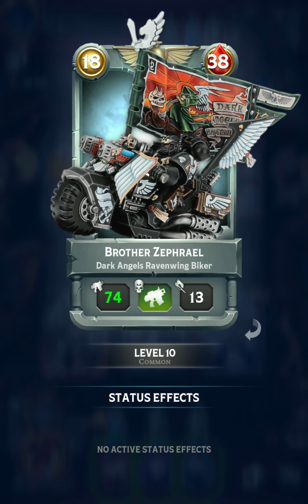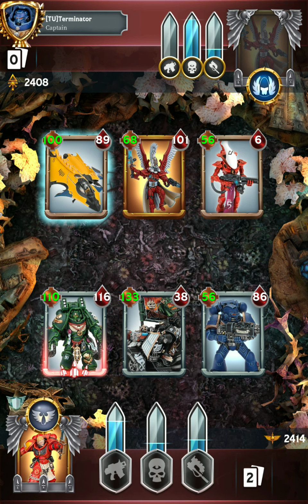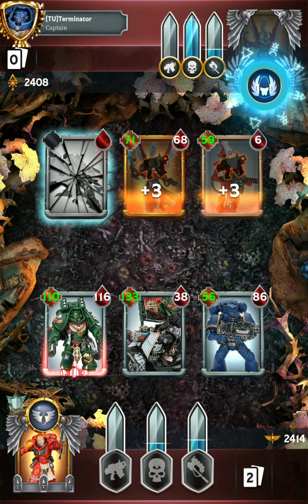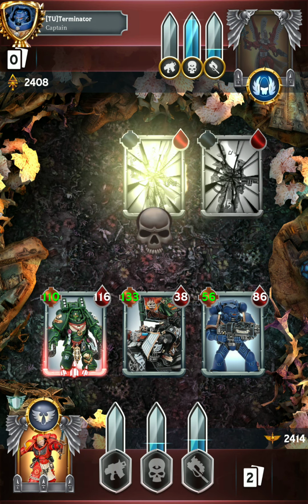Let's see, the Biker now is able to deal 74, boosted to over 130 damage. And we also got the Barrage on the left-hand side, taking down the Wraith Fighter and very easily cleaning up the rest of these Eldari. So,